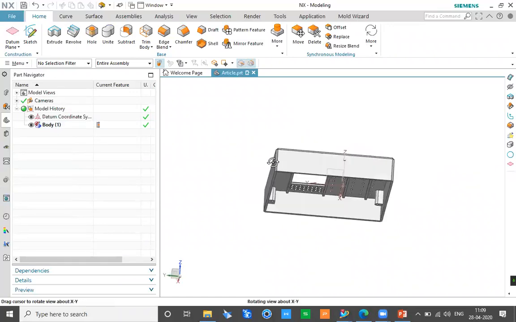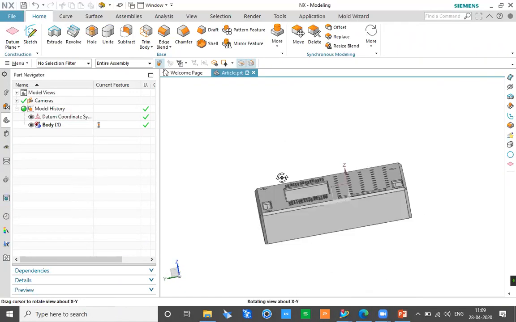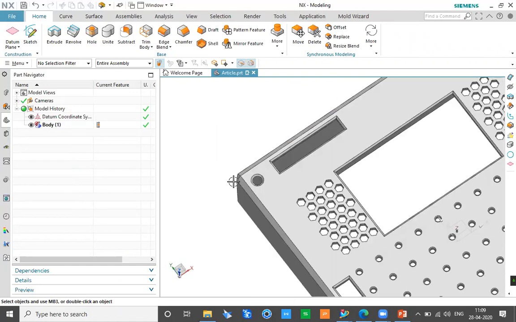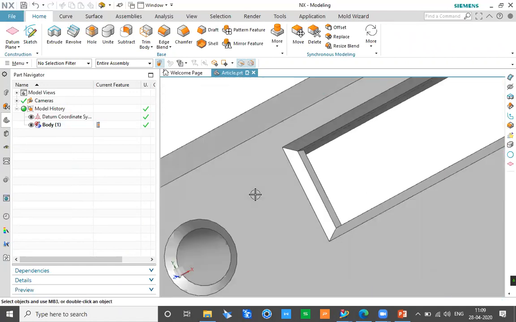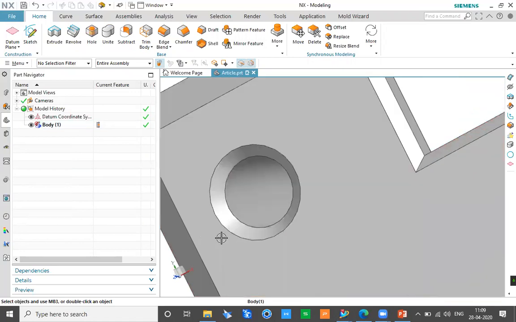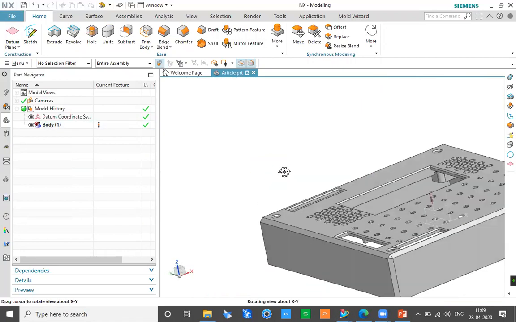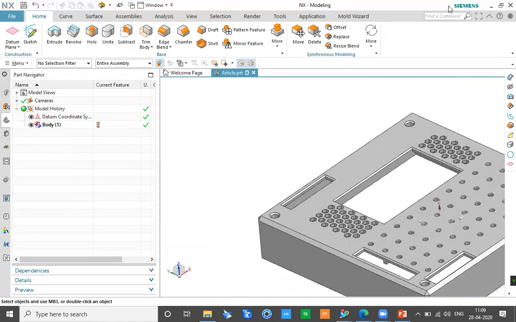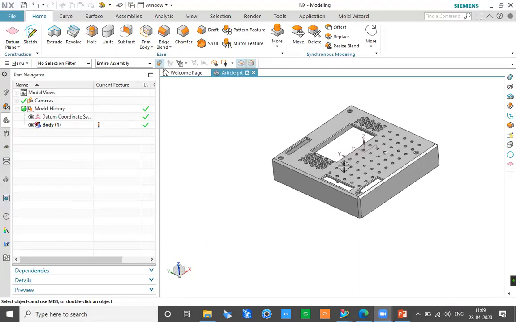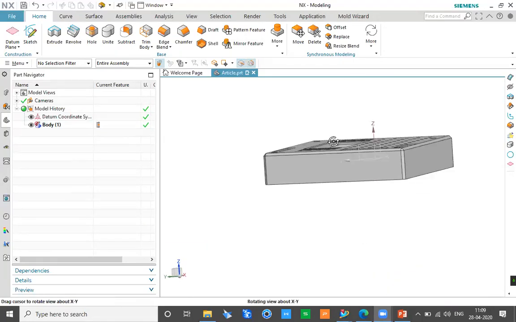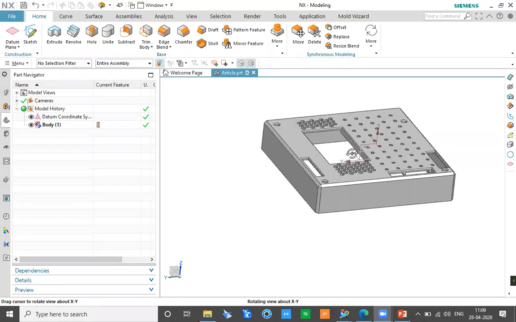Okay, now let's say for example we have this particular geometry and we have cleaned it up. Cleaned up in the sense that there were a lot of faces which were not required in this area, so we have already cleaned up a lot of geometry here. After cleaning up the geometry, the next thing we have to do is continue with the creation of the mold of this particular part.